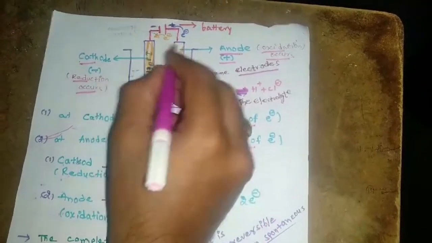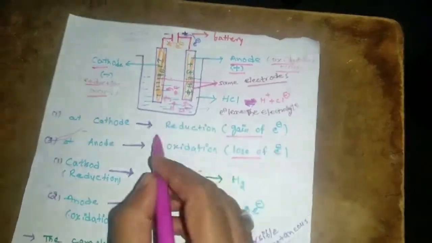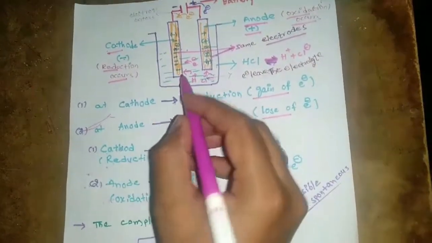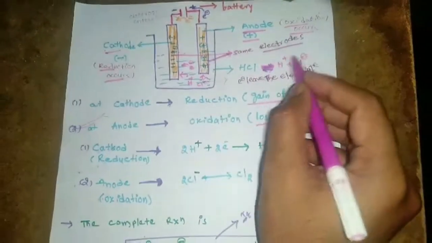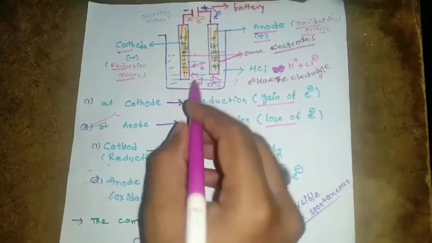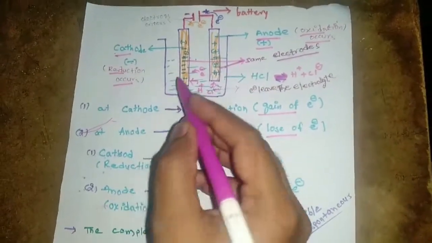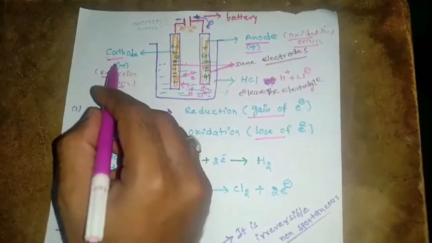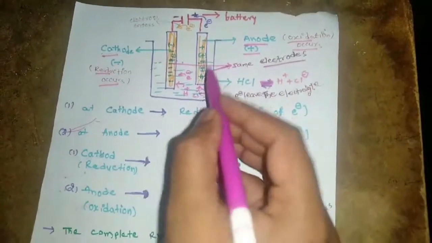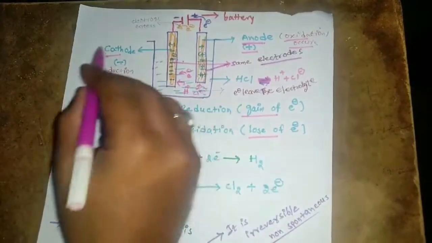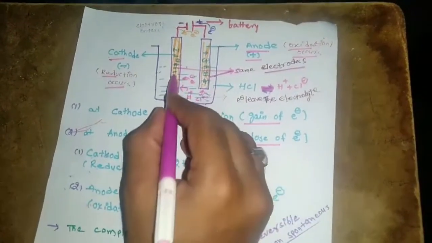So see here, these two electrodes are dipped in an HCl electrolytic solution. So in the beaker, HCl is there. In that HCl, how can we divide it? H plus and Cl minus, right? When electrical current is passed through the two electrodes, automatically hydrogen plus and Cl minus will be separated. See here, the cathode has negative charge. How is it getting the negative charge? See here, in that HCl, H plus ions move towards the cathode side. H plus ions move towards the cathode side.